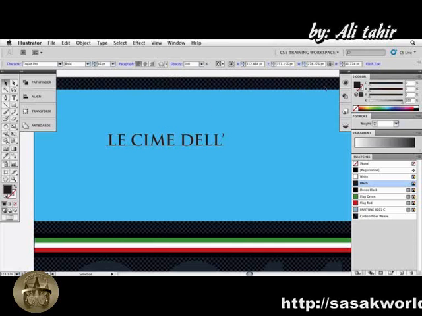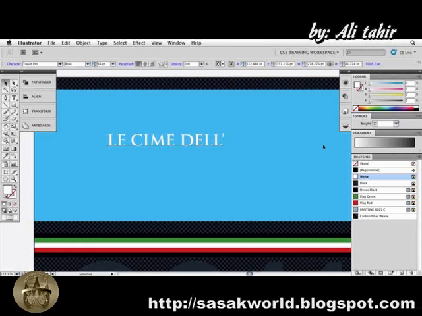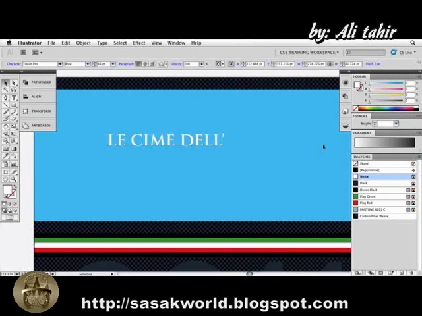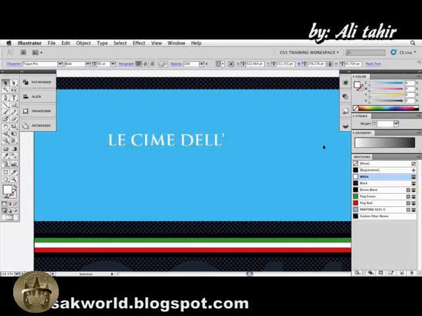Now at the same time, we'll also come over to the color panel and make sure it's filled with white, so that when we drop it next to our logo, we can see it against our carbon fiber background. Now, while this type looks okay, it definitely needs to be kerned and potentially letter spaced to give it more punch. Now, for those of you who are new to typographic terms, kerning is the adjustment of spacing between individual